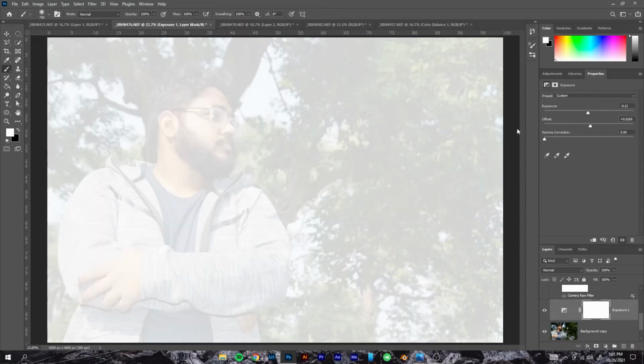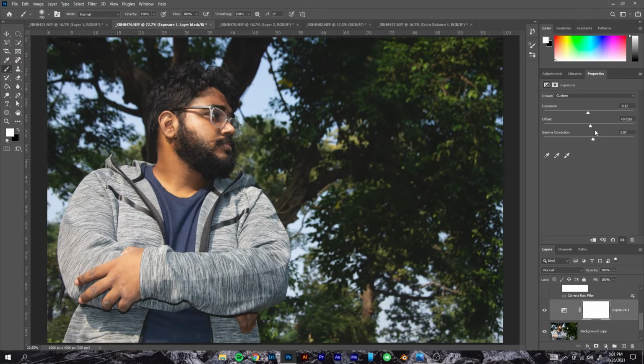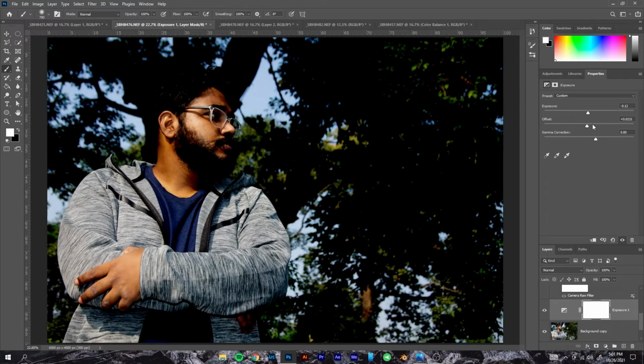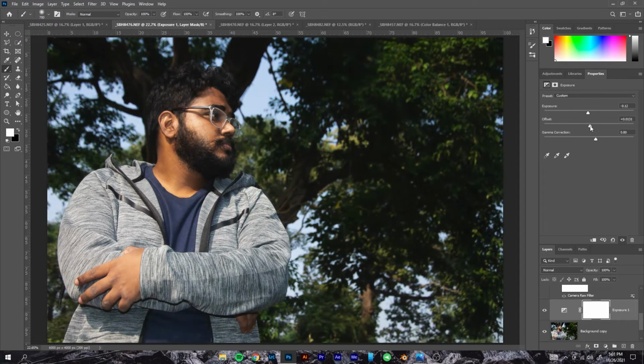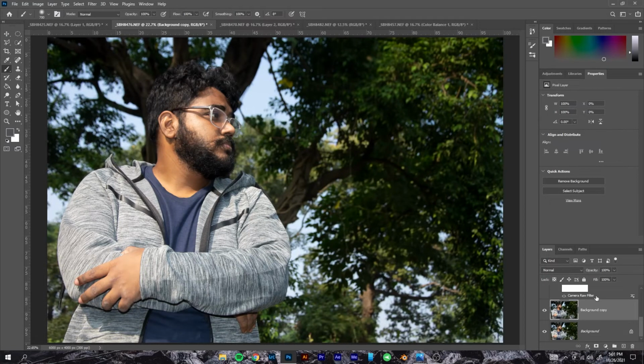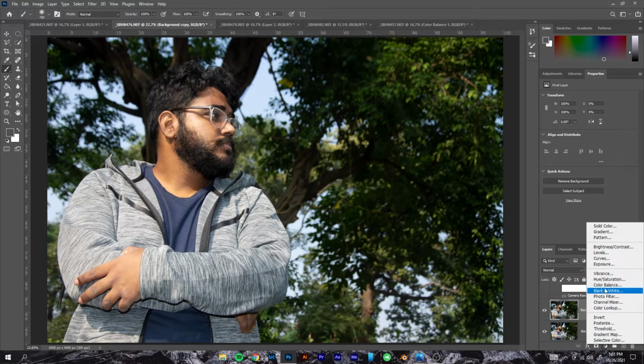So I can add color and increase the saturation. I can basically add color to the image, right? So let's say I add a blue color, and it adds a color. And then I can use the mask. Let's say I want to make it an orange and teal version. So I take this color, I decrease the saturation, go here,